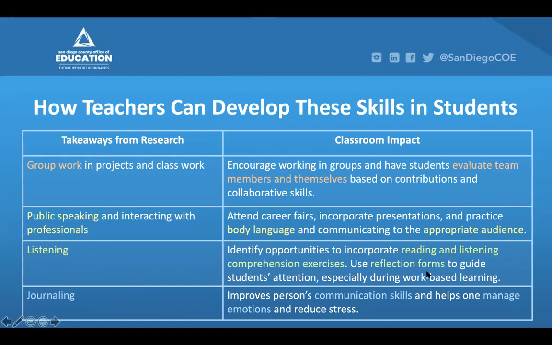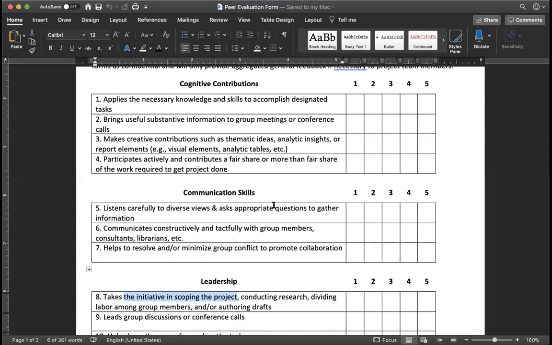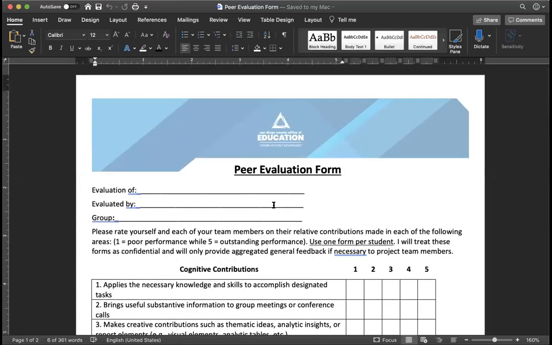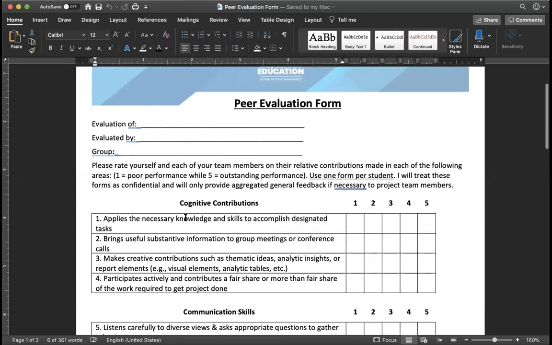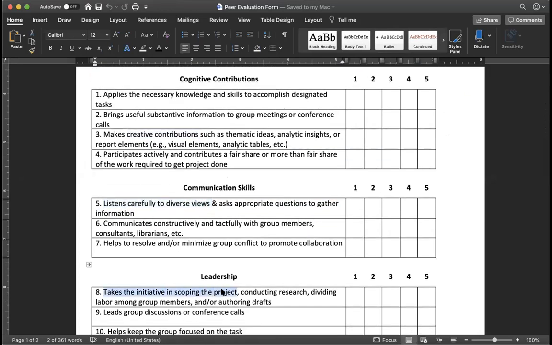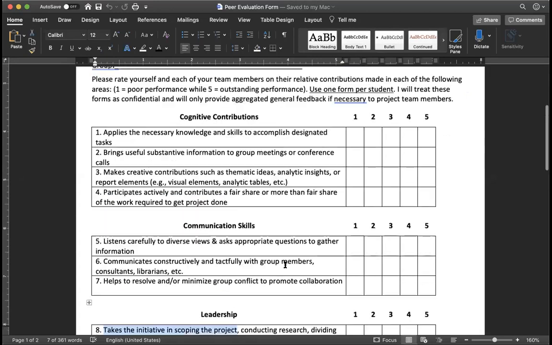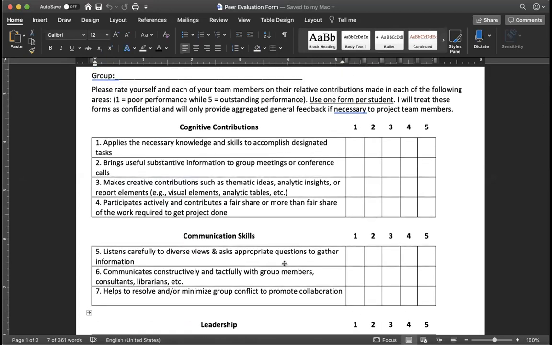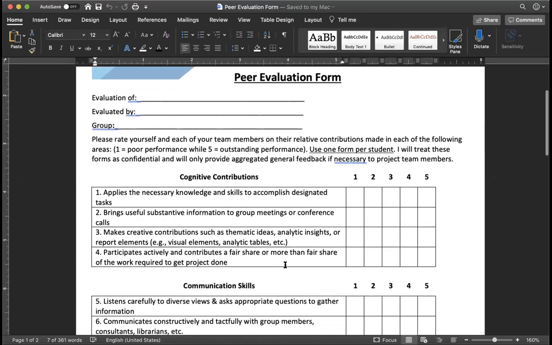And it's in a Word document format, so you can edit it based on your needs. But here's a peer evaluation form. And so the idea is that each team member rates all the other team members on things like: did they apply the necessary knowledge and skills? Did they make creative contributions? Listening carefully to diverse views? Taking the initiative to scope the project? Again, you can edit this as you see fit for your class, but the real purpose of this document is